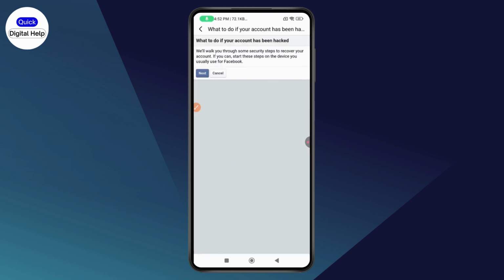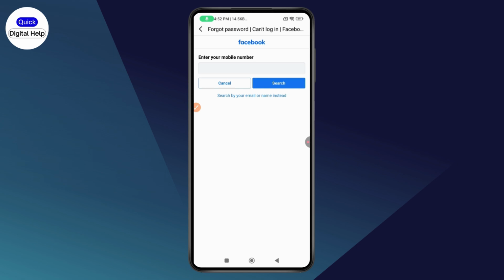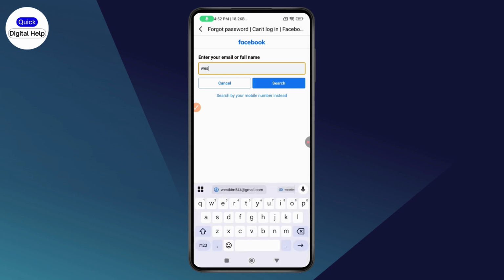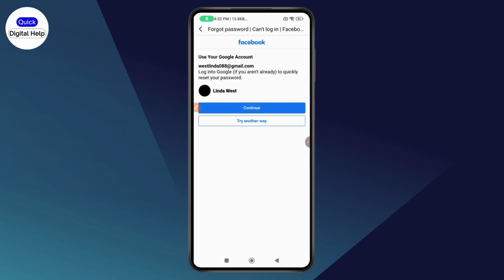Tap on next. Now you need to enter your mobile number, or you can also search for your email or your name instead. So I'll go with email. Now you need to enter the email address and then go with search. Then now you need to tap on continue, and you can use your Google account instead of your Facebook account,